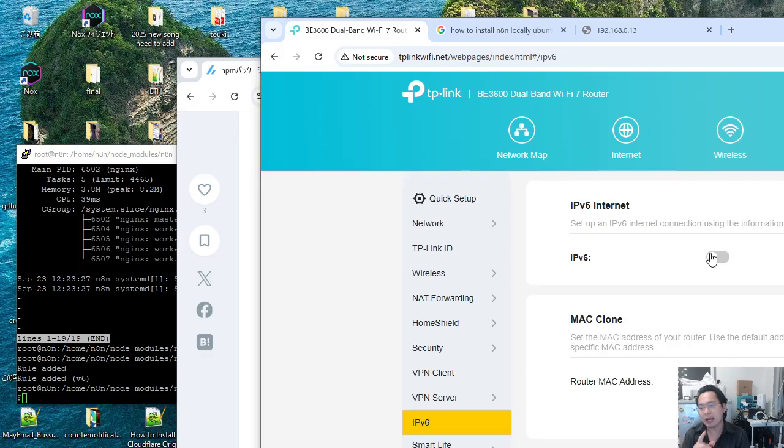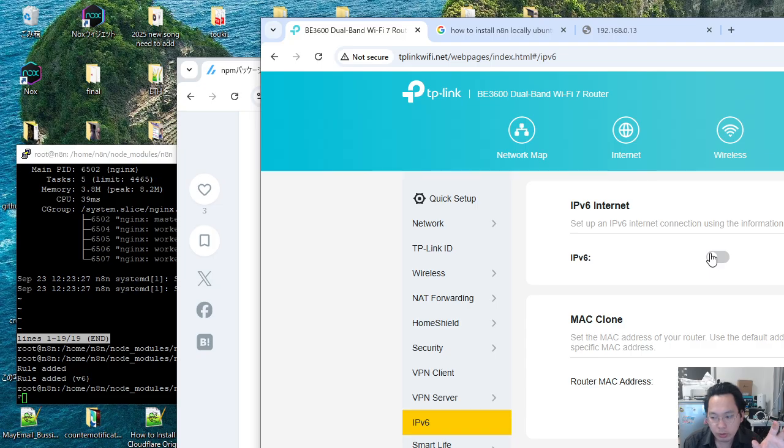If you're trying to connect to an Ubuntu server, you're gonna see your IPv4 and IPv6 address when you SSH to that server. So basically how router and ISP works, they're gonna give you an IPv4 and